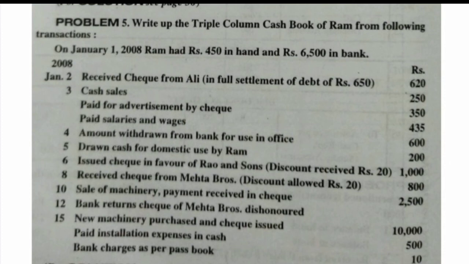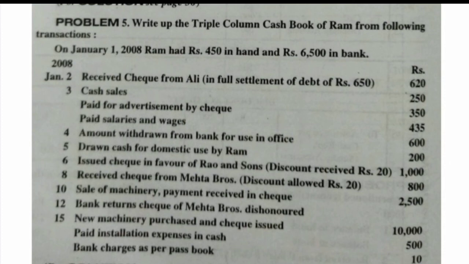Okay, bank is on the debit side, so in the cash book on the debit side, take 800 rupees in the bank column by naming the entry to Mehta Brothers, 800 in the bank column, 20 rupees in the discount column. Okay, then next, sale of machinery,